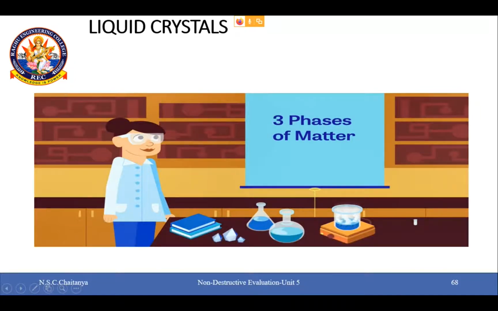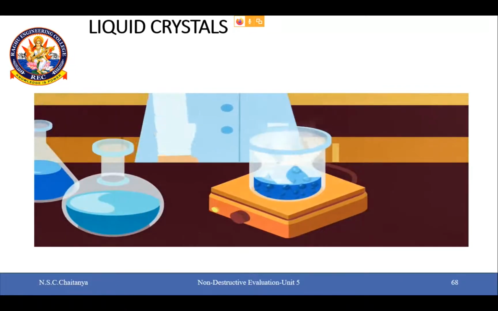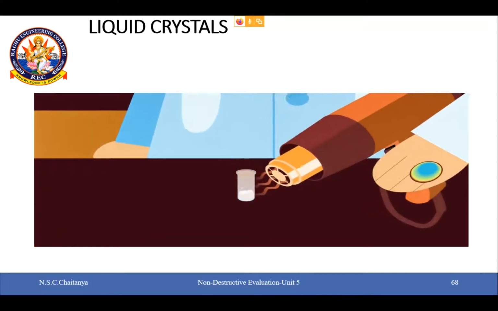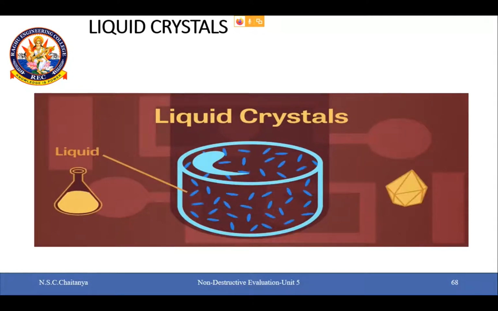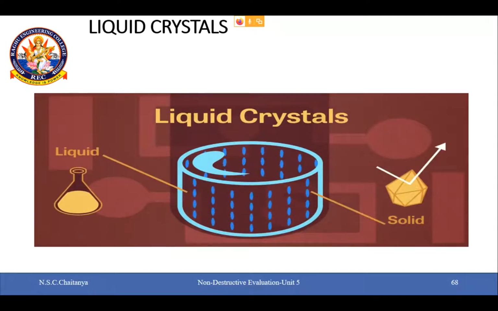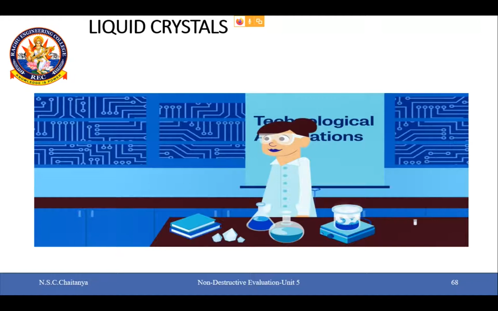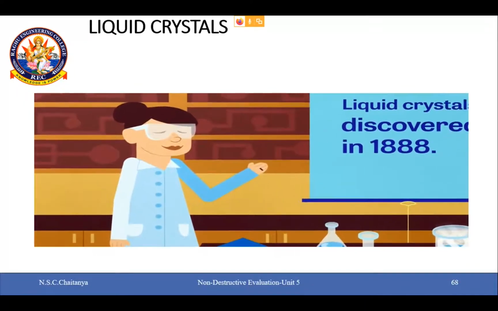Most of us were taught that there are generally three phases of matter: solids, liquids, and gases. But did you know that there are also intermediate phases called liquid crystals? At certain temperatures, some materials become liquid crystalline, which means they tend to flow like a liquid, but have some of the optical properties of a solid due to the ordered arrangement of their molecules. Liquid crystals can be found both in the natural world and in technological applications. First discovered in 1888, we now know of several liquid crystalline phases, each with unique characteristics and applications.